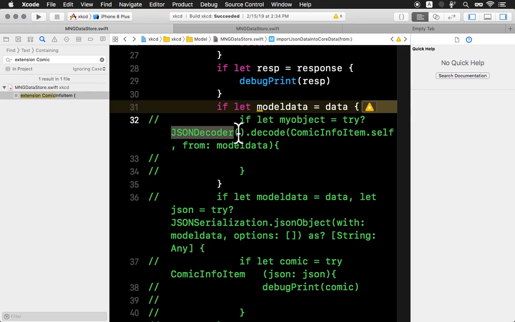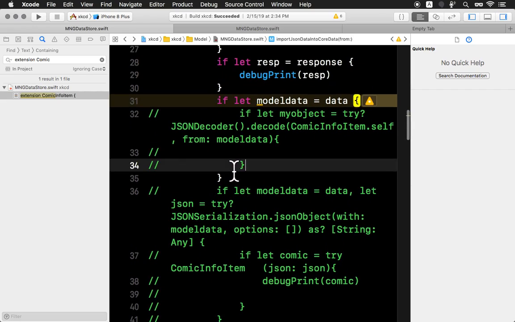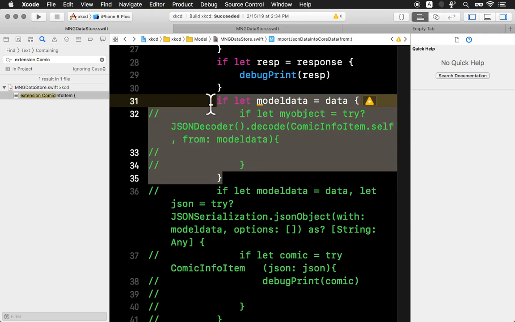So what I normally would do is have an NS managed object and a JSON, and I'd loop through the properties, get the key value pairs out of it, and then assign those key value pairs to the comic info. And that's what I was doing over here when we ran into this terrible error. The compiler told me I did something wrong. And so here,